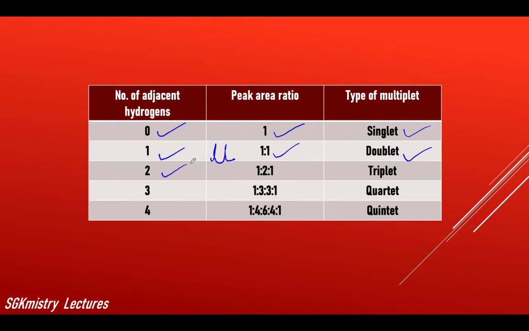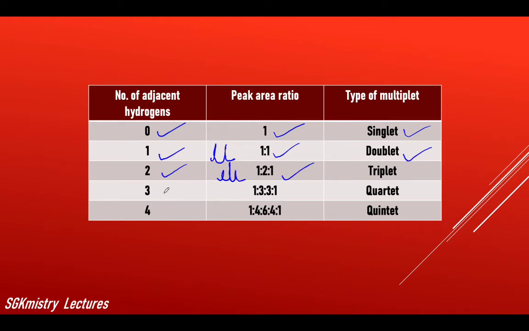Suppose if the number of adjacent hydrogens is 2, then according to n plus 1, it will split into 3 and the ratio is 1:2:1. Now how to remember this value? Take the first number 1, add these two numbers to get 2, and the last number 1. So we get the splitting like this,